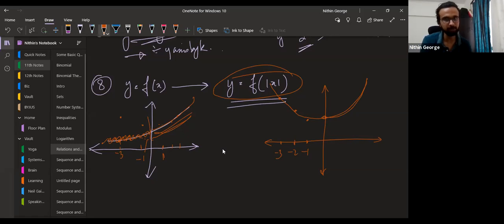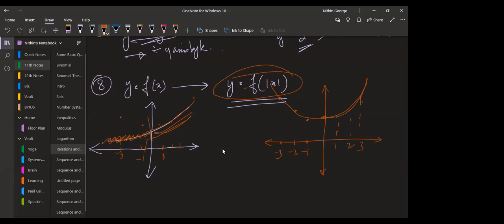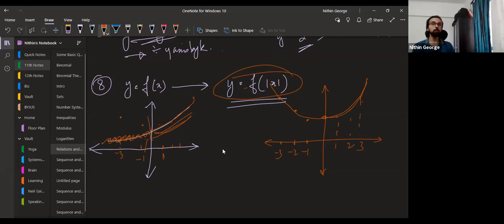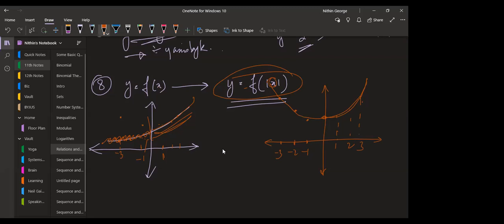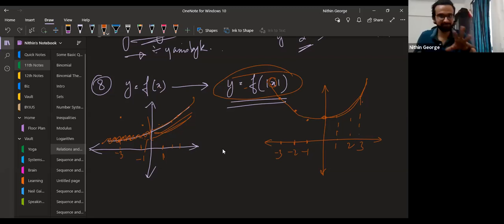So if I put 1 here, it'll be 1. F of 1 is f of 1. Are you understanding what's happening here, guys? Sir, but we still have a negative part, right, sir? No. Look. X can take negative values. Mod x can't take negative values. So x can take any value at once. That's the beauty of this. That mod x makes you think no negative is possible. No, x can be negative. Just that mod x cannot be negative. Because of that, there will be changes in this.